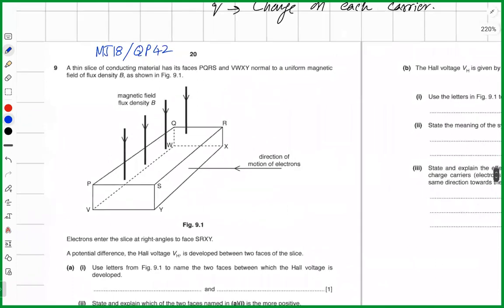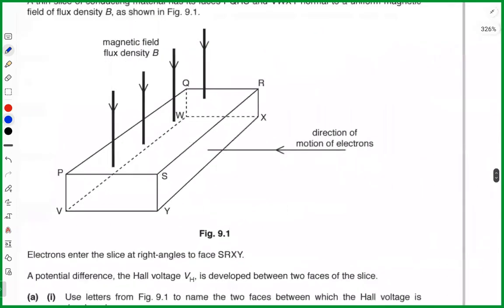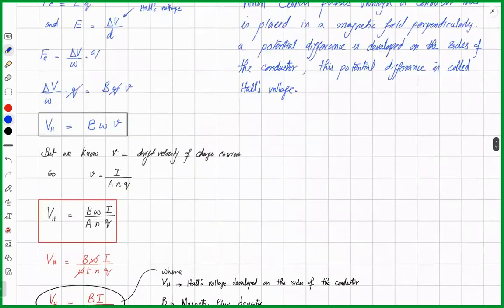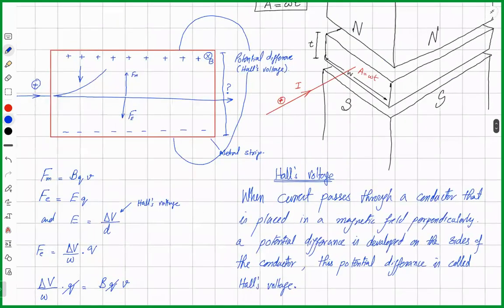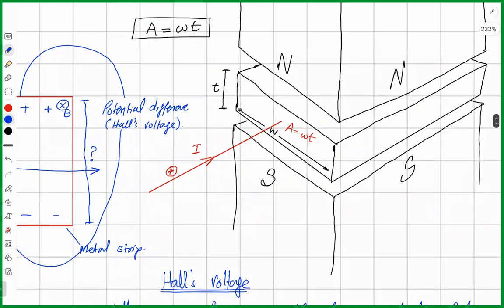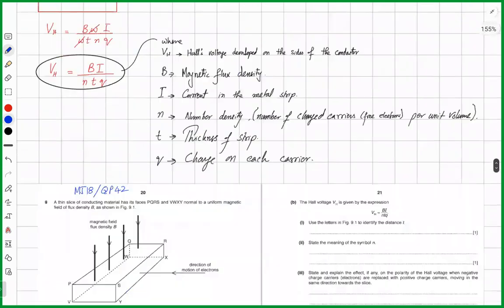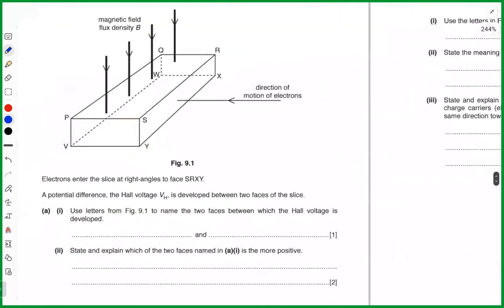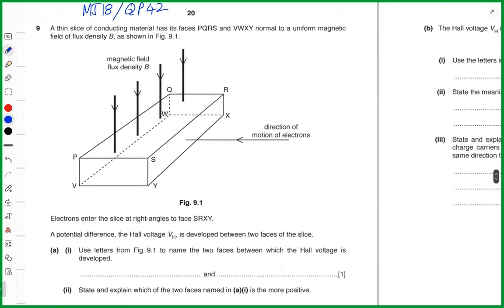Now, this is the strip I was talking about earlier. Like I made it like this and showed you the magnets on the top and the bottom. Here in this diagram, he did not show the upper and the lower magnets, but he showed these vertical lines